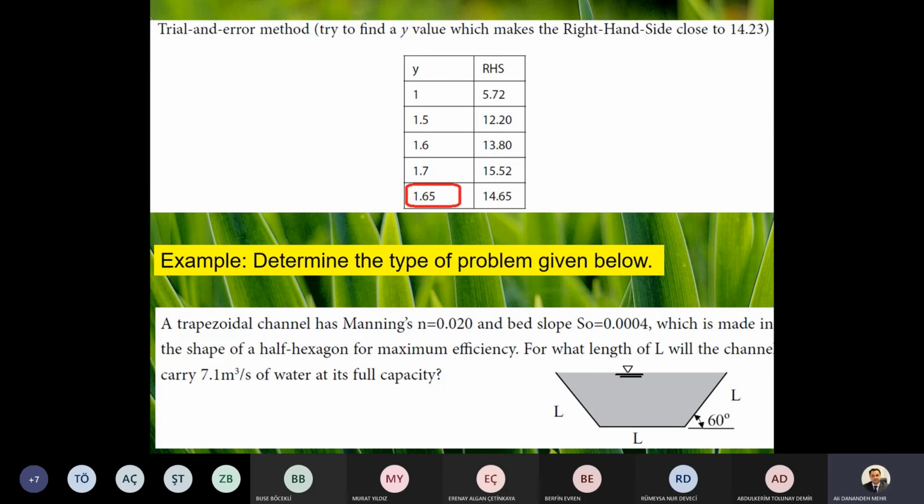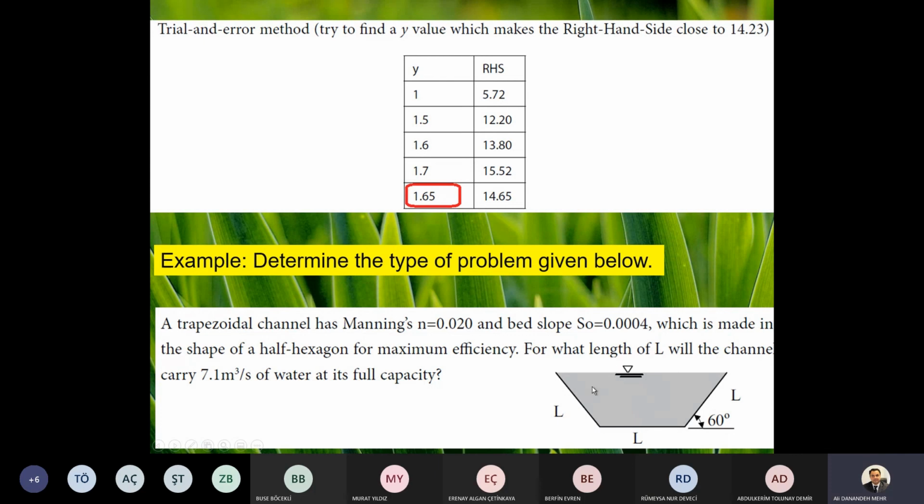For what length L will the channel carry 7.5 cubic meters per second of water at its full capacity? Is this the first kind or second kind? Second kind problem, yes, because you see that the discharge is given